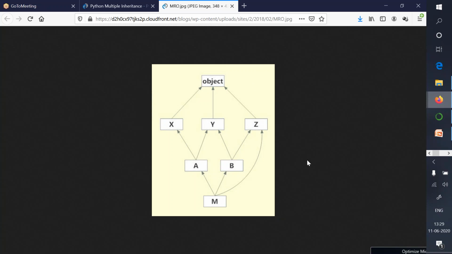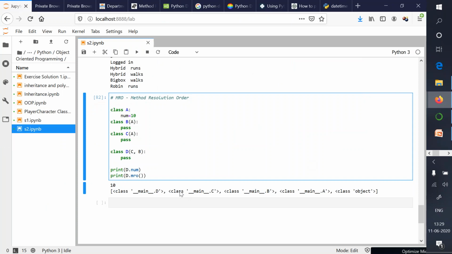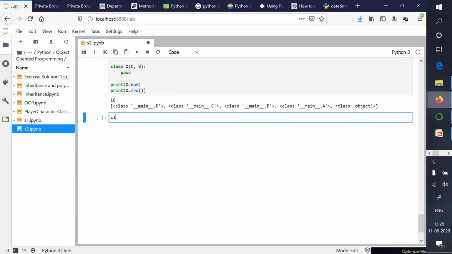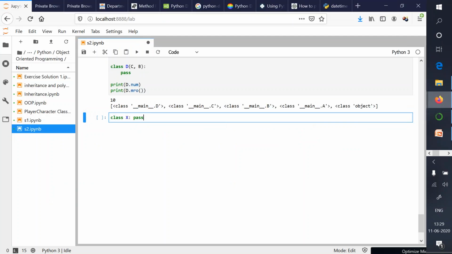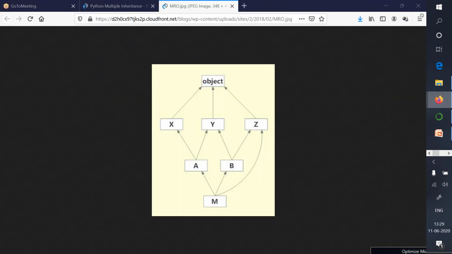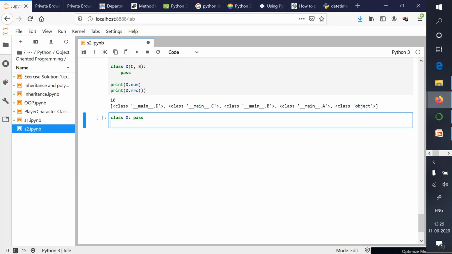In order to make this scenario, we will create classes like this. Let's say class X, pass. So we are trying to model this behavior: X, Y, Z, A, B, and M. Class X is inheriting from object, so that happens by default.